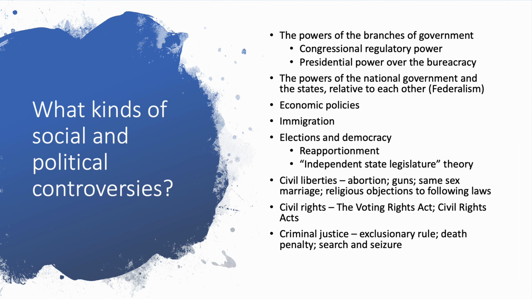The questions of elections and democracy are really coming before the court again and again, and in very important ways. For example, reapportionment, the drawing of legislative districts after every census, every 10 years. This is critical in the balance of power between the major political parties. And one that many people don't know about yet is called the independent state legislature theory, a theory that used to be regarded as sort of a crackpot theory that is now probably going to be heard by the Supreme Court, as to basically allowing state legislatures, if they want, to potentially invalidate the popular vote